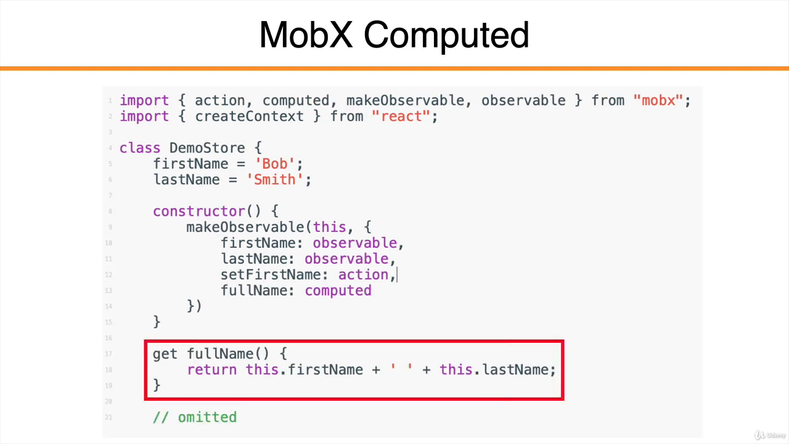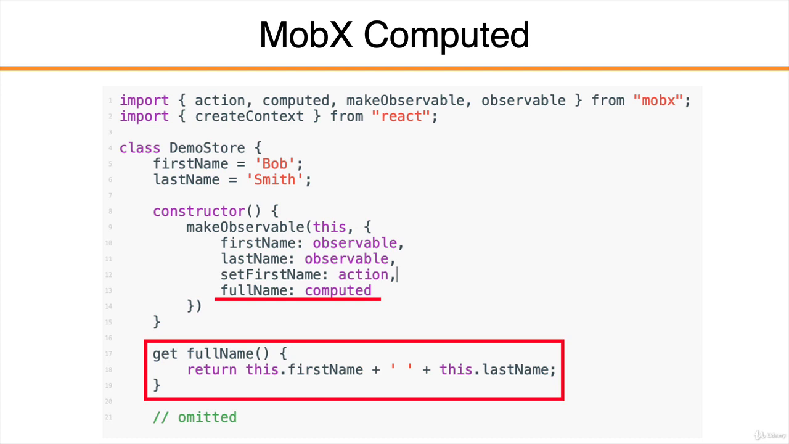And in this case, a computed property marks a getter. In this case, we're using a getter to get the full name. And then we can derive the full name from the state that we already have. In this case, the first name plus the last name. And we would mark this full name property as a computed property inside our constructor where we're using the makeObservable